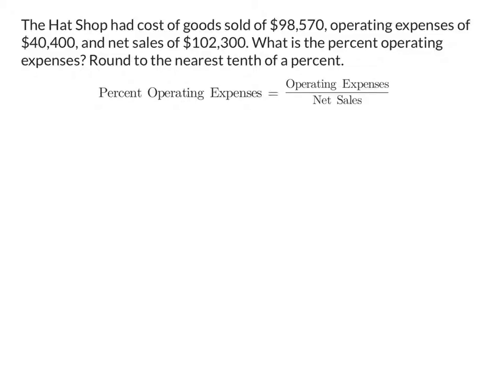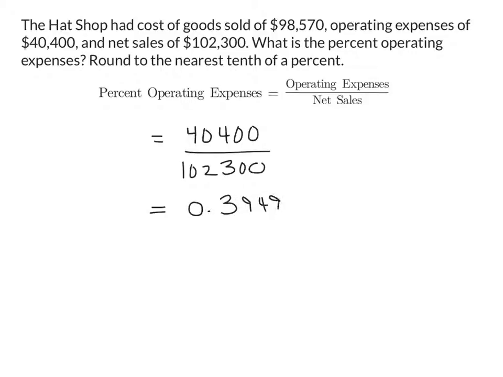So the problem tells us that operating expenses is $40,400. And then the net sales are $102,300. When we perform that division, we get 0.3949169111. And we want to write this as a percent, so we'll multiply by 100, which moves the decimal 2 places to the right. So we have